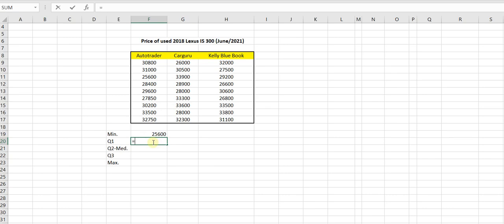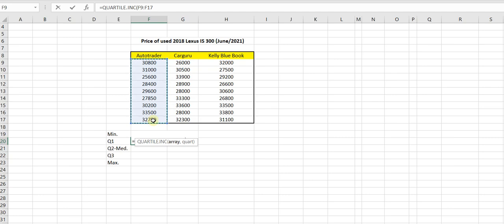Okay, so for Q1, I'm going to use a function, hit the equal sign, or you can use the plus sign, either or. And then we're just going to go for the quartile. There are 2 preset functions in Excel, Quartile Inc and Quartile Exc. And of course, you can click and it will show you the difference between them. The difference is that the percentile values from 0 to 1 are either inclusive or exclusive. So I'm going to go inclusive in mine. My array is going to be this array,